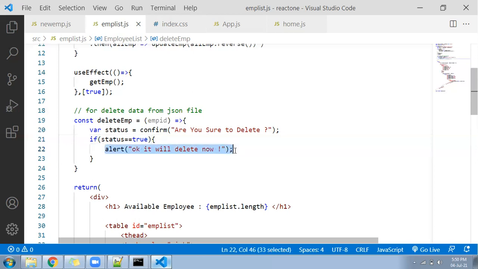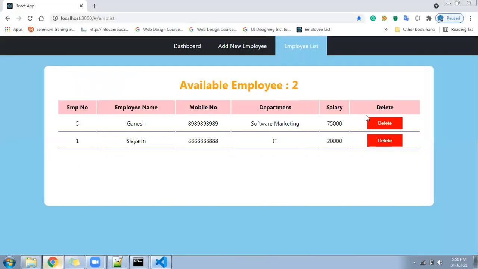Now let me check. I'll go to the browser and I click here on the button, and we'll see what is going to happen. It's loading.